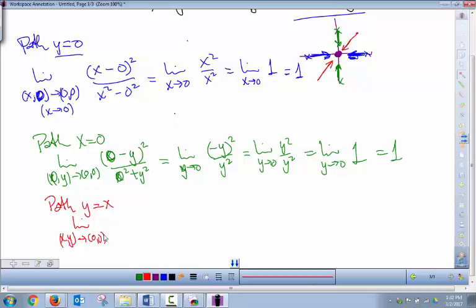So let's see, this is weird. Should I put x equals y or y equals x? If y equals x, then I have to change all the y's into x's or x's into y's? Doesn't matter. So I'm going to change everything into x's or y's. Change my y's into x's. So I got x and then